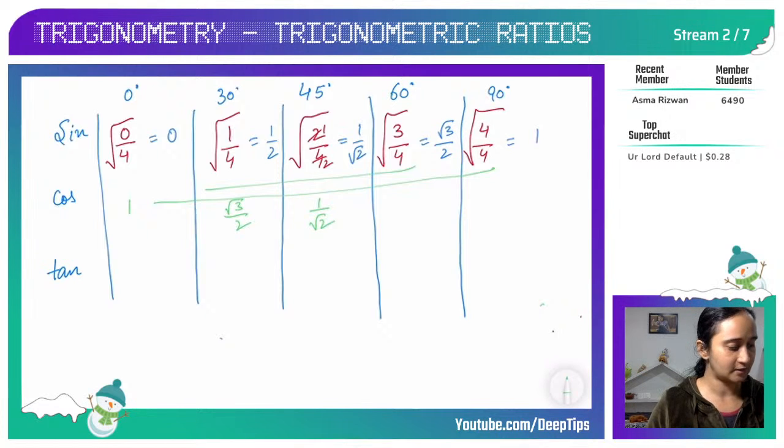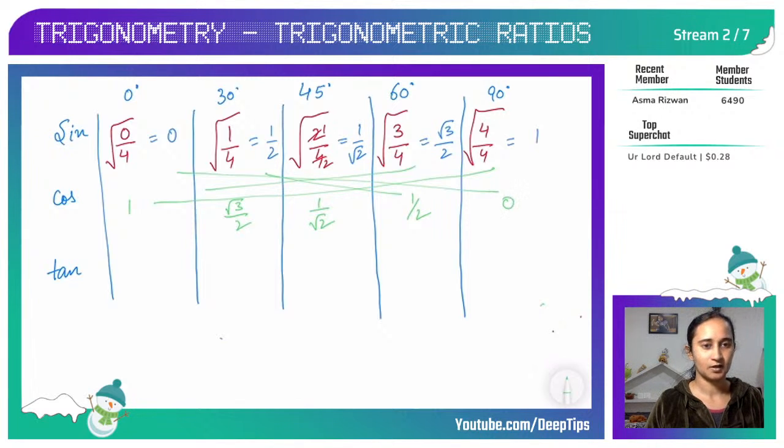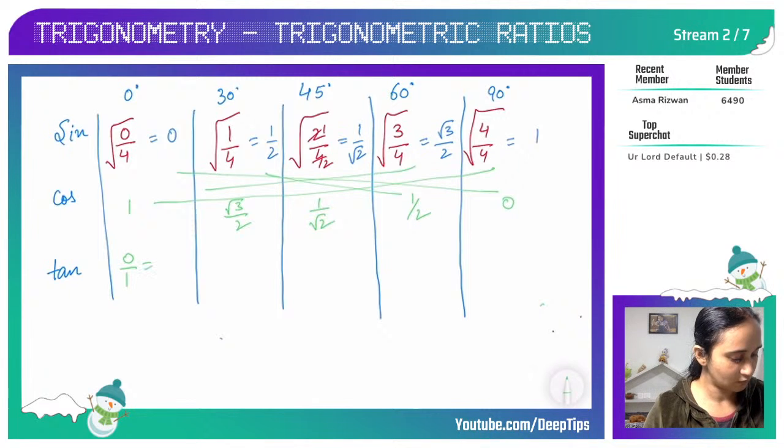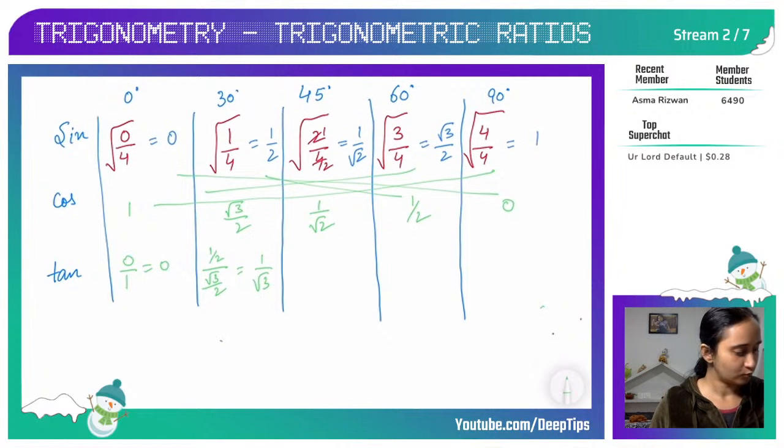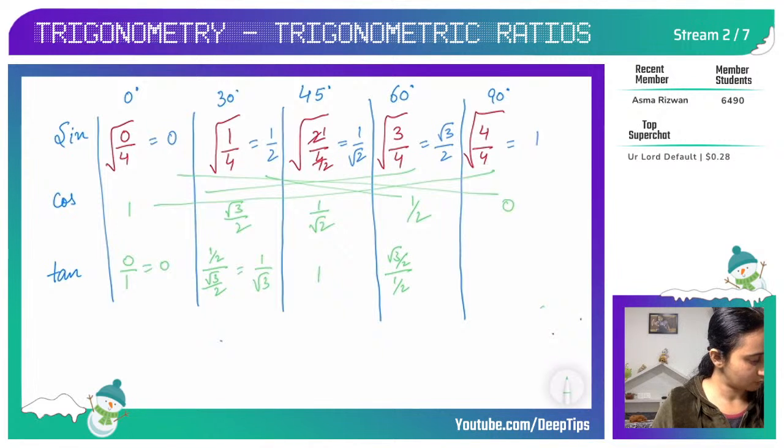Okay, the center stays the same. 1 by 2 moves here and 0 comes here. Okay, so we know tan theta is sine by cos. So 0 by 1 gives you 0. 1 by 2 upon root 3 by 2 gives you 1 by root 3. 1 by root 2 upon 1 by root 2 gives you 1. And root 3 by 2 upon 1 by 2 gives you root 3,